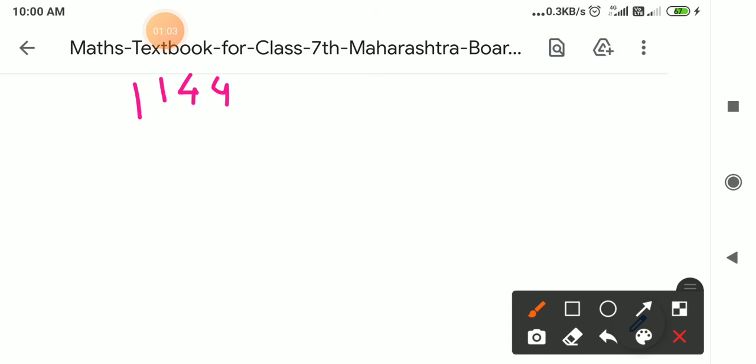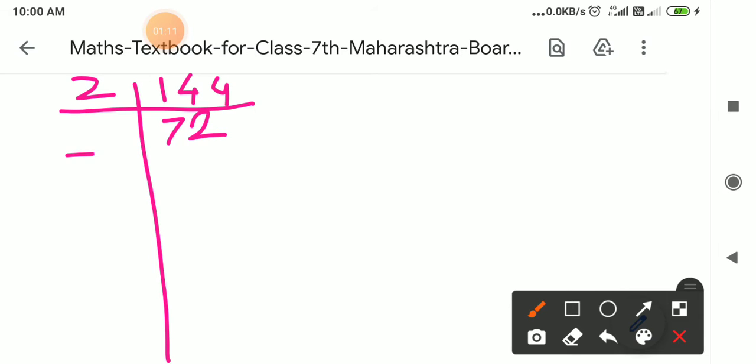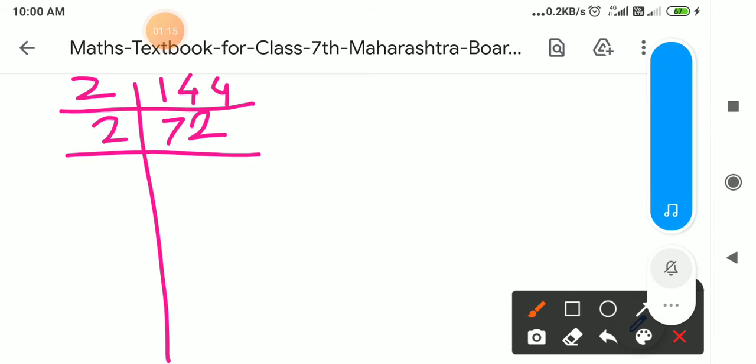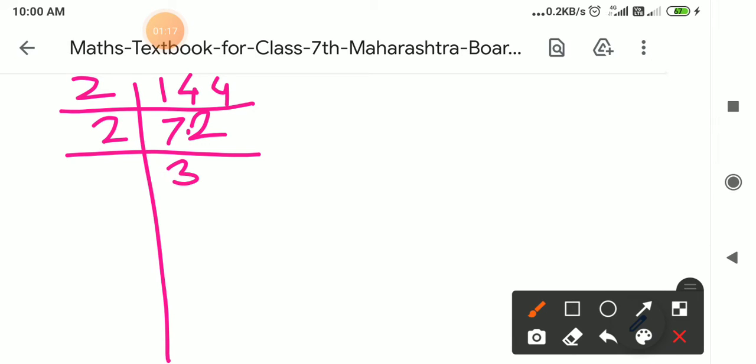So we can find it by two methods. You find out 144's factors. 2 7s are 14, 2 2s are 4. I taught you the divisibility test. So this 72 is again divisible by 2. So 2 3s are 6, 1 remains. So here it is 12 and 2 6s are 12. Now again it is divisible by 2. 2 1s are 2. Here 1 remains. It means here 16 and 2 8s are 16.